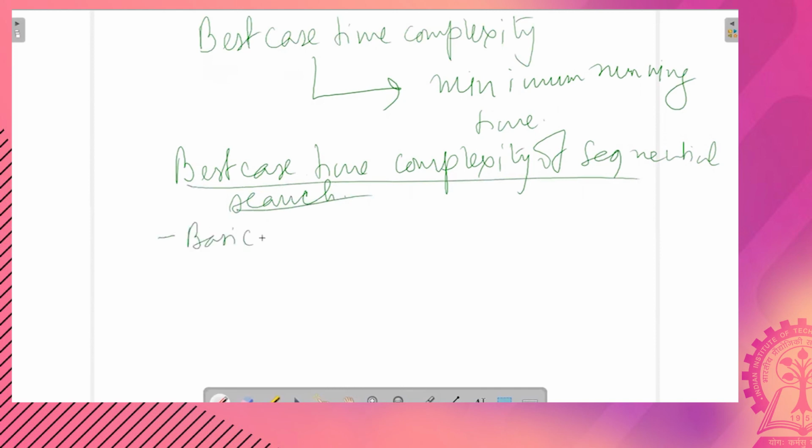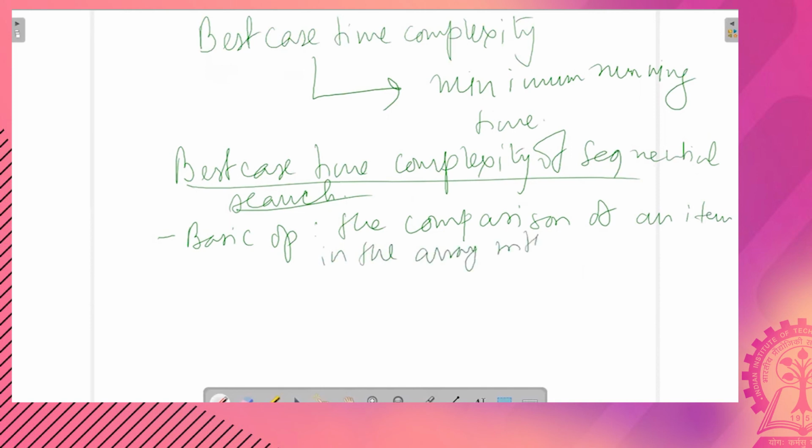Our basic op once again is the comparison of an item in the array with x. Input size is n, that is the number of elements in S.